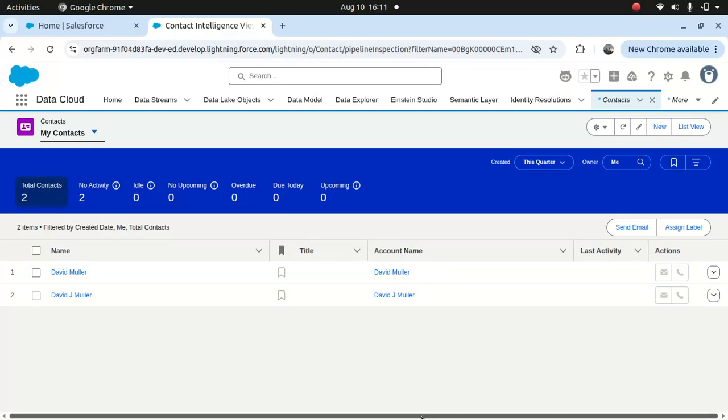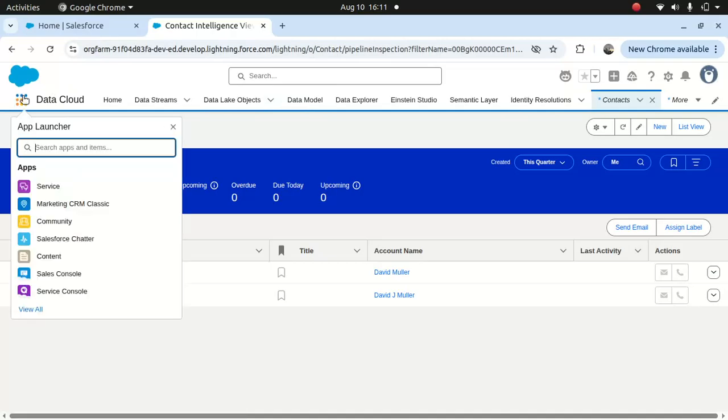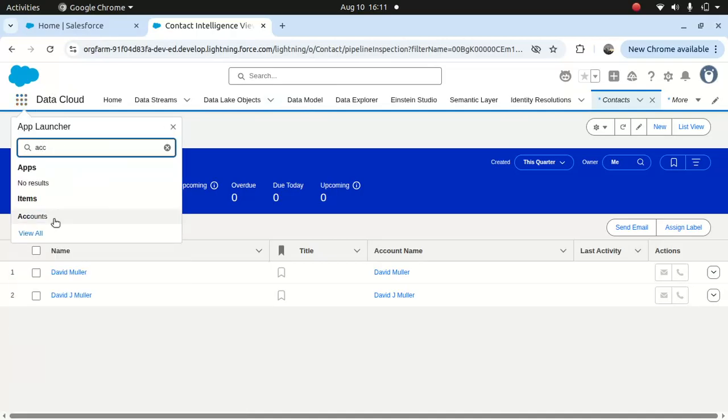Because I've created an account, you won't find account information in the contact, because it's a regular account, which is associated with the business. However, if I go and create a person account, now if you go to the person account,